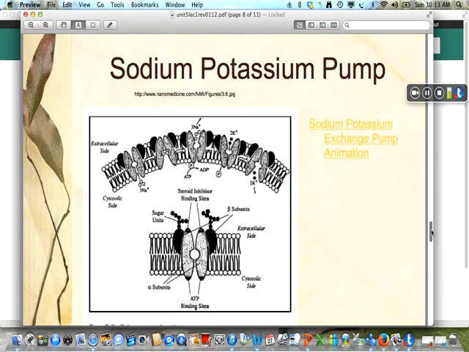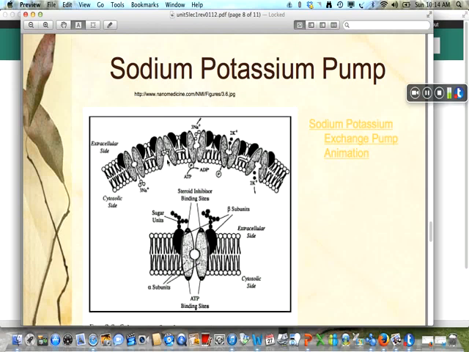So how we're going to conduct these impulses is we're going to establish two different sides of the membrane here. Through a sodium-potassium pump, you're going to have sodium being pumped to one side of the membrane and potassium being pumped to the other. For every 3 sodiums that are pumped out, you're going to pump 2 potassiums back in. This will establish a gradient where you're going to have lots of sodium on the outside and lots of potassium